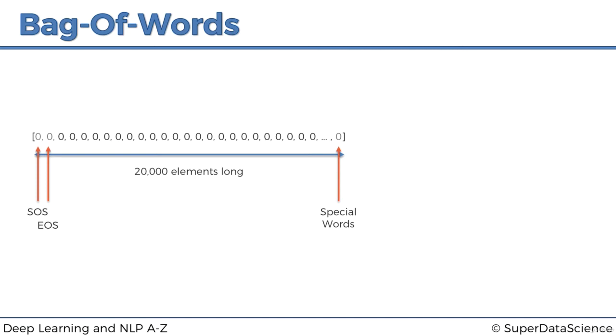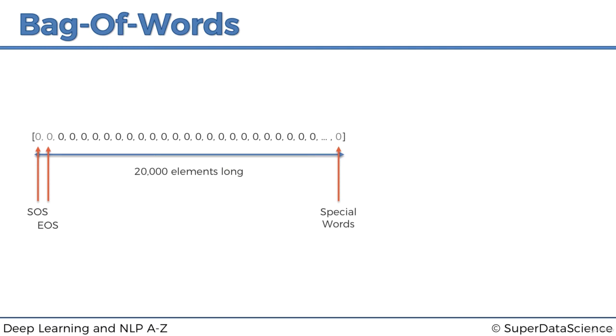And that's for those words that you're wondering about. I can hear your brain churning right now. What about those other 150,000 words that we didn't take into account? What if they come up? Well, if they come up, we're going to just associate them with this last element. We can just throw them all in there. Any kind of words that we cannot recognize in the 20,000, we're going to throw them into that last element.